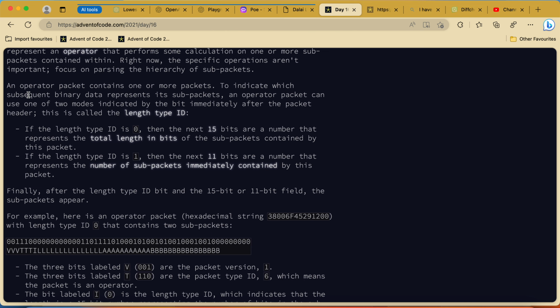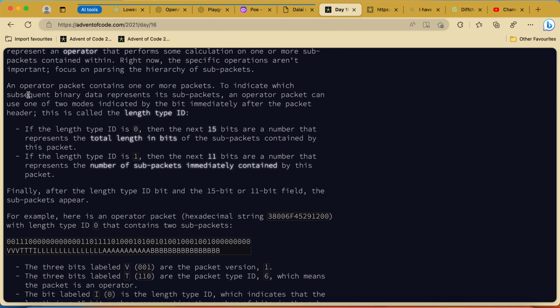If the length type ID is 0, then the next 15 bits are a number that represents the total length in bits of the sub-packets contained by this packet. If the length type ID is 1, then the next 11 bits are a number that represents the number of sub-packets immediately contained by this packet.